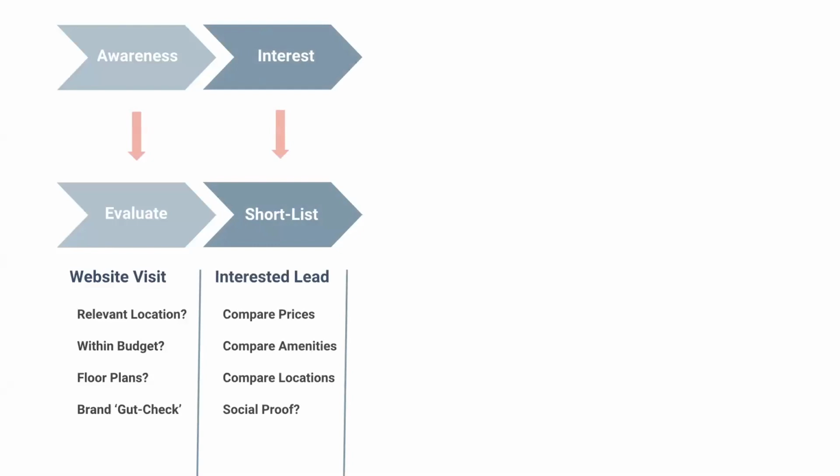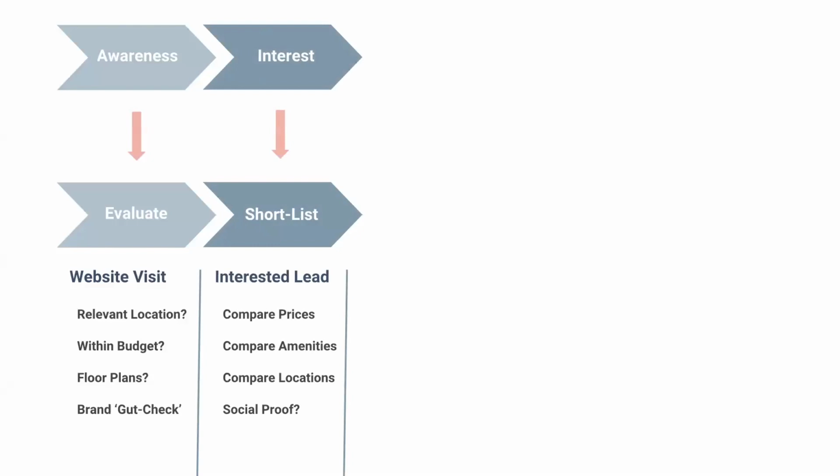What does that look like in practice? Sometimes people contact the property at this stage to ask about pricing or where you're located or specific amenities or if you have any specials. A lot of times they don't. A lot of times they literally just write down your property either in a spreadsheet or on a piece of paper or even just keep it in their mind. But they usually do include this type of information.